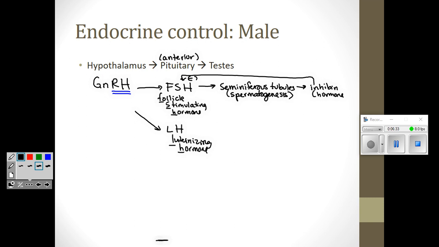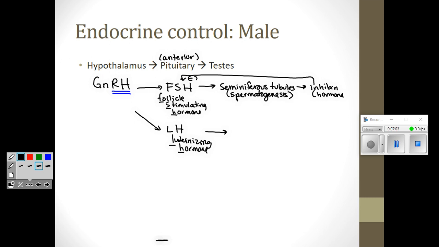And again, you're going to look at this and wonder what this is referring to in the male reproductive system. But we'll talk about the female reproductive system, and you'll see that this one has a really appropriate name. And since they have a similar function in males and females, they have the same name in both males and females. LH isn't going to stimulate the seminiferous tubules. It's going to stimulate a different part of the testes.